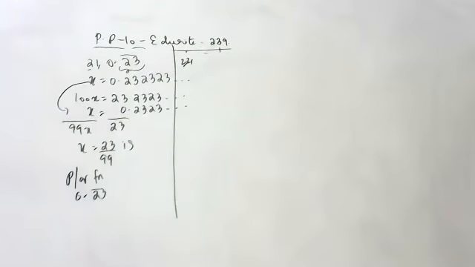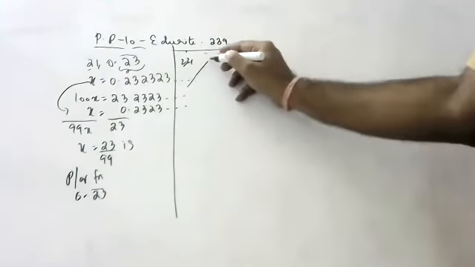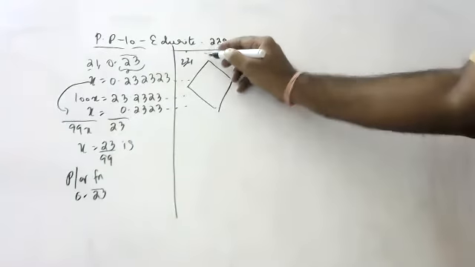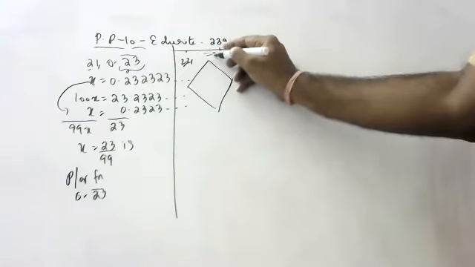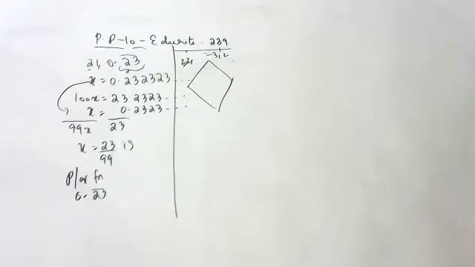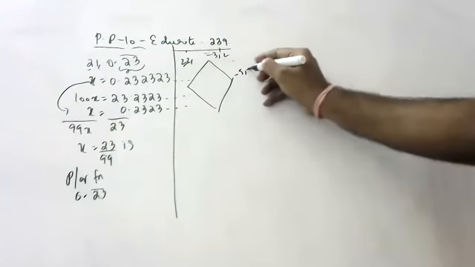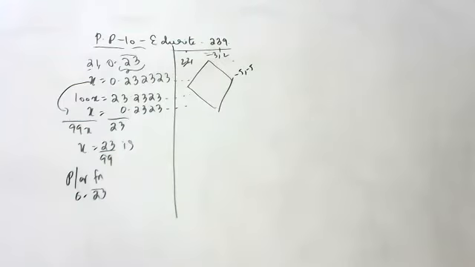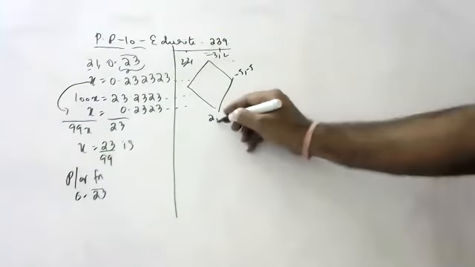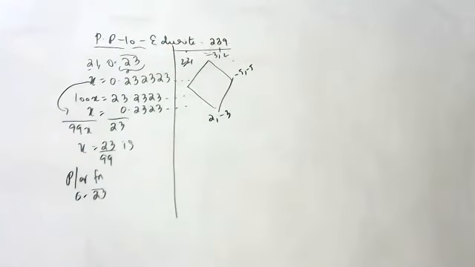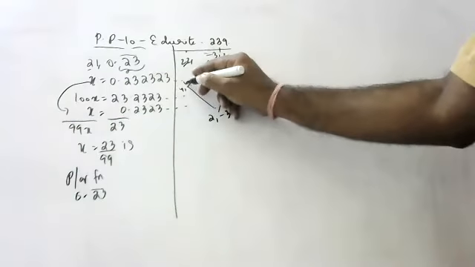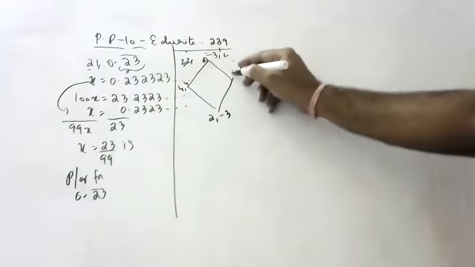Show that they are the vertices of a rhombus, children. So we have the vertices of the rhombus. What should you do? I will tell you. You take A as minus 3 comma 2, and B as minus 5 comma minus 5. And next, C as 2 comma minus 3, and D as 4 comma 4. Find all distances, children.